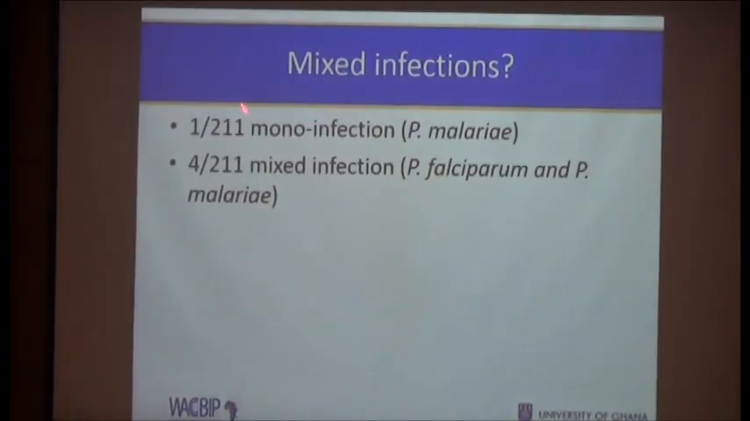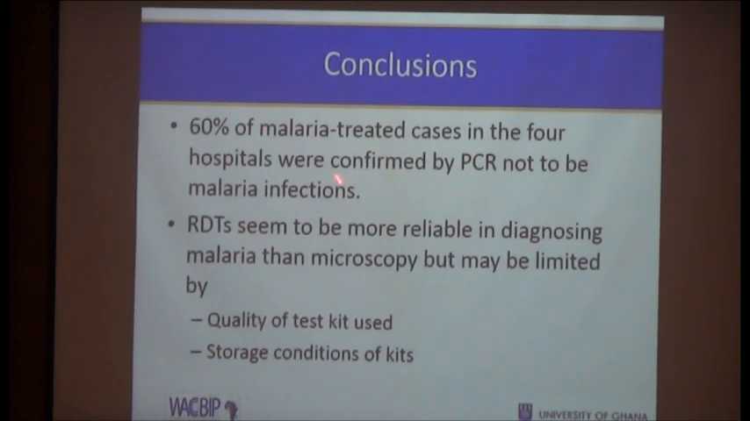So we found out that 5 out of the 211 cases that we had had P. malariae in there. We have 1 monoinfection of P. malariae and 4 mixed infections of P. falciparum and P. malariae. So the conclusions we came to is that